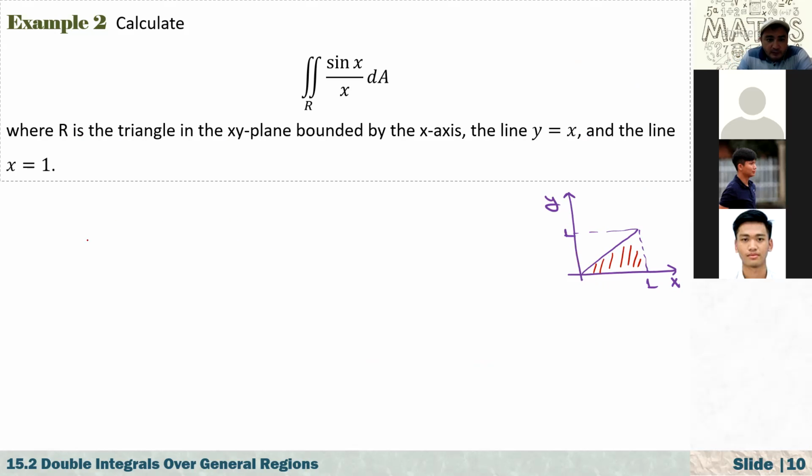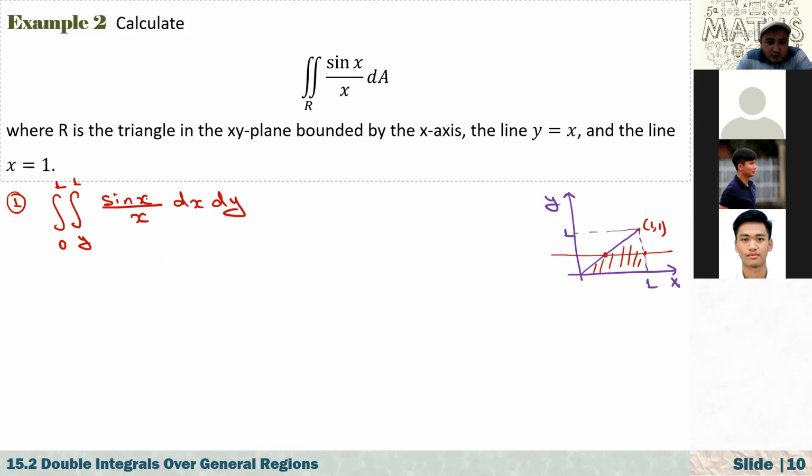Okay, we are going to integrate this over this region. So now, first, number one, what happens if I integrate this first with respect to x and after that y? Here we have integral and integral, and this point is 1 and 1, right? Y is changing from 0 to 1. And how about the x? We have just used this one, right? It enters here and x is here. So x is changing from y to 1. And now here we have sine of x over x. So here we have dx and dy.